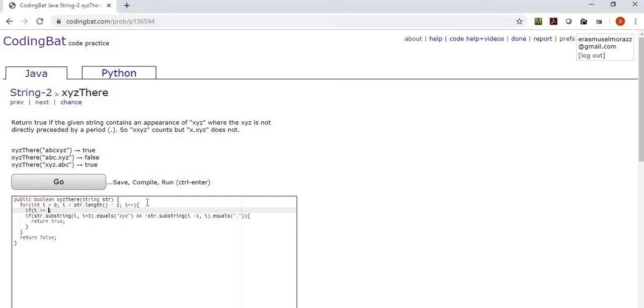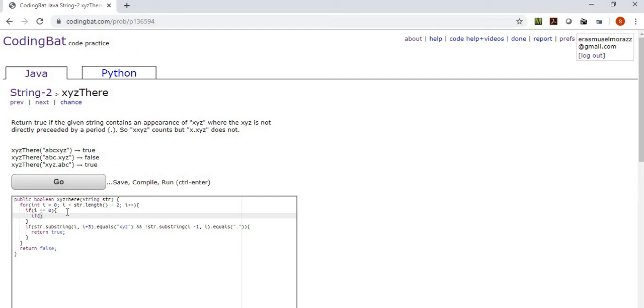If I equals 0, then we're going to return true. If string substring